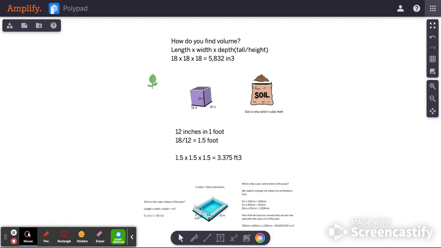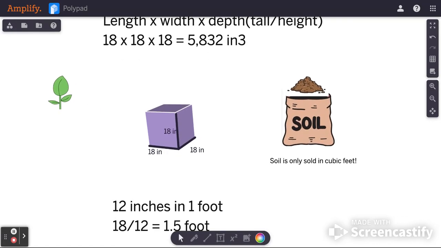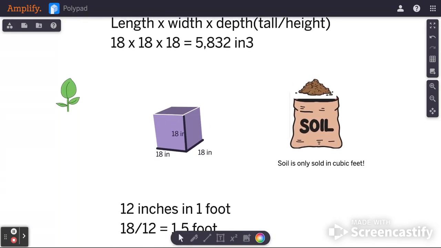Everyone. So today we're going to be looking at how you would convert 3D units. And we're going to start with an example of converting an object that is in cubic inches, and we want to figure out the cubic feet. So in this example, first, let's figure out what is the volume in inches,